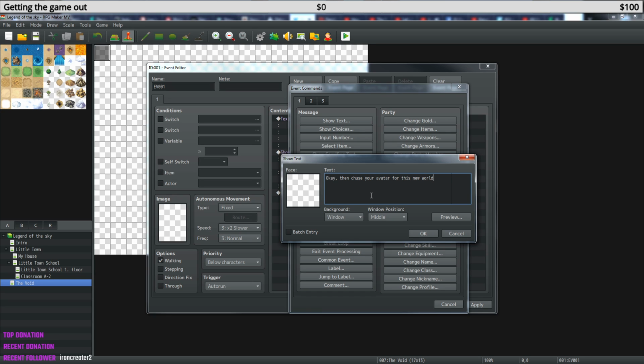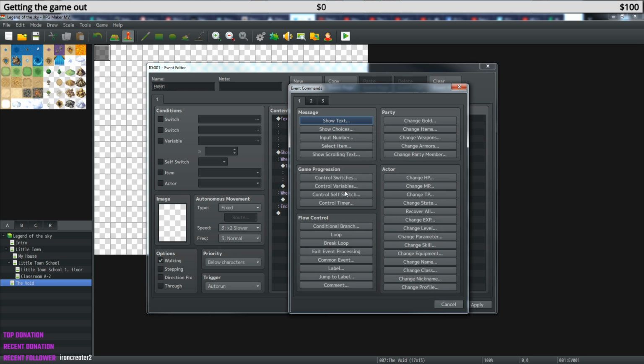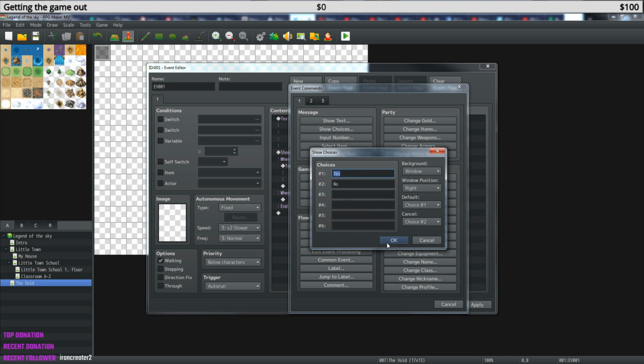okay, then choose your avatar for this new world. Will you be a boy or a girl? So now I actually give the player the choice to choose what gender they want to be. So here we make an unusual choice. Boy,